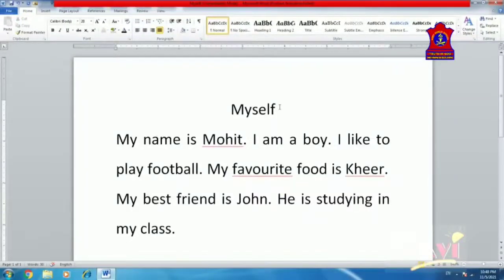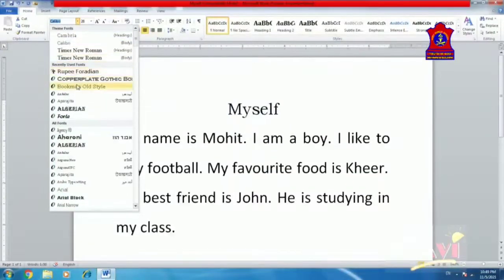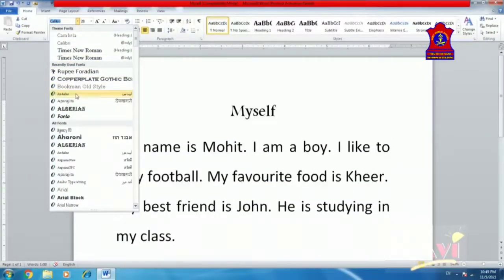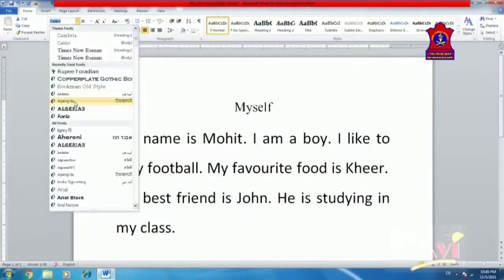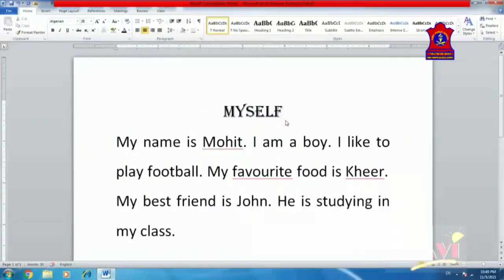See here, I would like to change the font of the text. So here I'm just selecting the text. We need to select the text first. Click on the Home tab. Here the Home tab is already selected. Now go to the font group. Now click here. This is the font style. Click on font style and select the desired font. See here, a font is selected. So you can select as per your requirement. I have selected this font and see the font is changed.